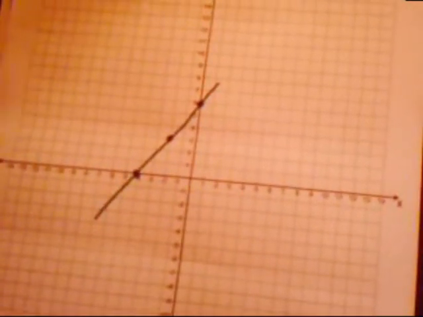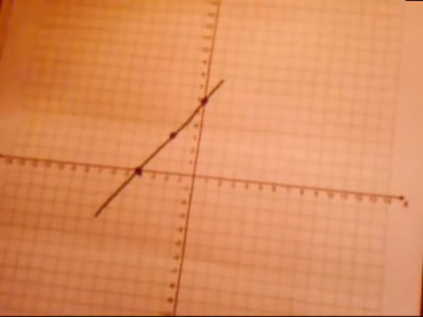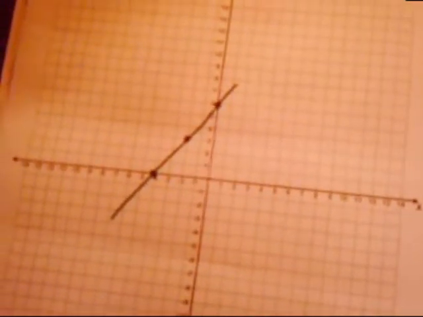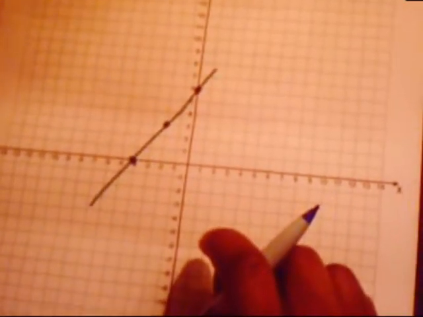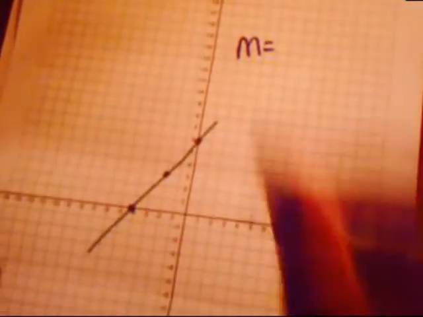All right. Next thing, guys, I want to make sure that you understand is how to find the slope from a graph. There are lots of slopes and graphs in this first lesson. I want to make sure that we do 2 of them so that you understand how to find slope. Remember I just told you that slope is a measurement of rise over run. Whenever you see the variable m, that means slope. So I've got m equals, because I'm going to find the slope for this line. I'm trying to find its slant. What is the measurement of rise